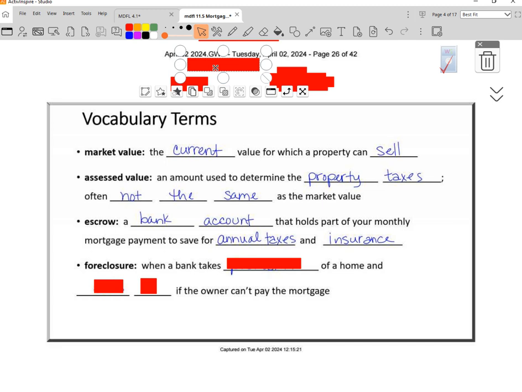And if you stop paying, even though you've paid almost all that mortgage off, if you stop paying those monthly payments, they can take possession of your house. They'll sell it. You don't get any of the money. They take all the money even after you've paid all those payments.